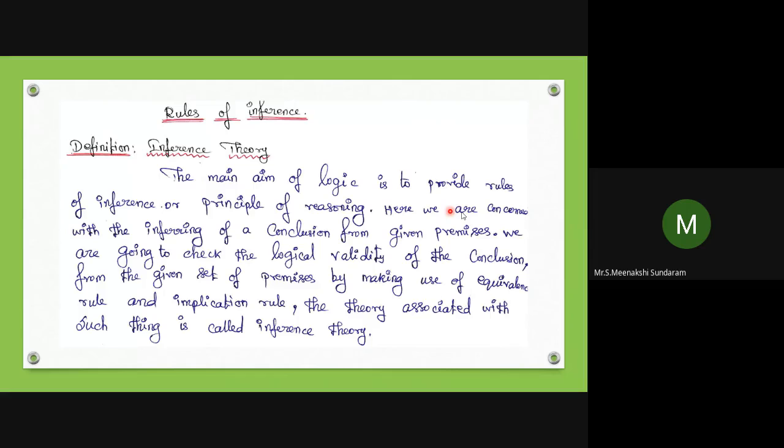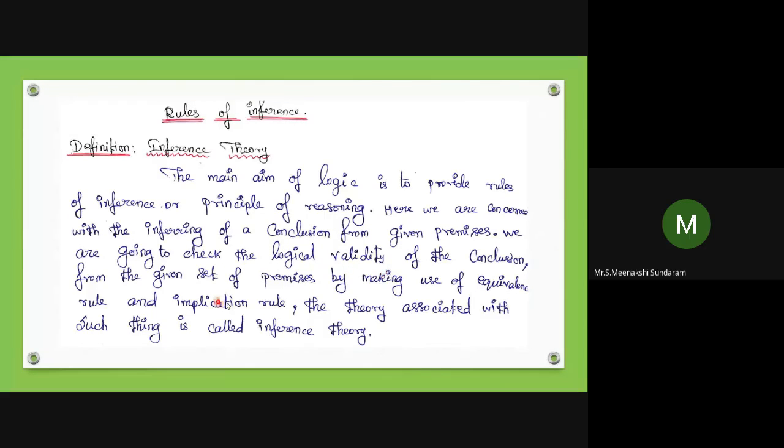That's why I already told in the first class, premises meaning simple statements without connectives: P, Q, R, S. That is a statement. A and B. So premises are given by putting commas: P conjunction Q, comma P, comma Q disjunction negation, and then the conclusion. These are the premises. Premises is nothing but a hypothesis. From the given premises, we are going to check the logical validity of the conclusion. So from the given set of premises,